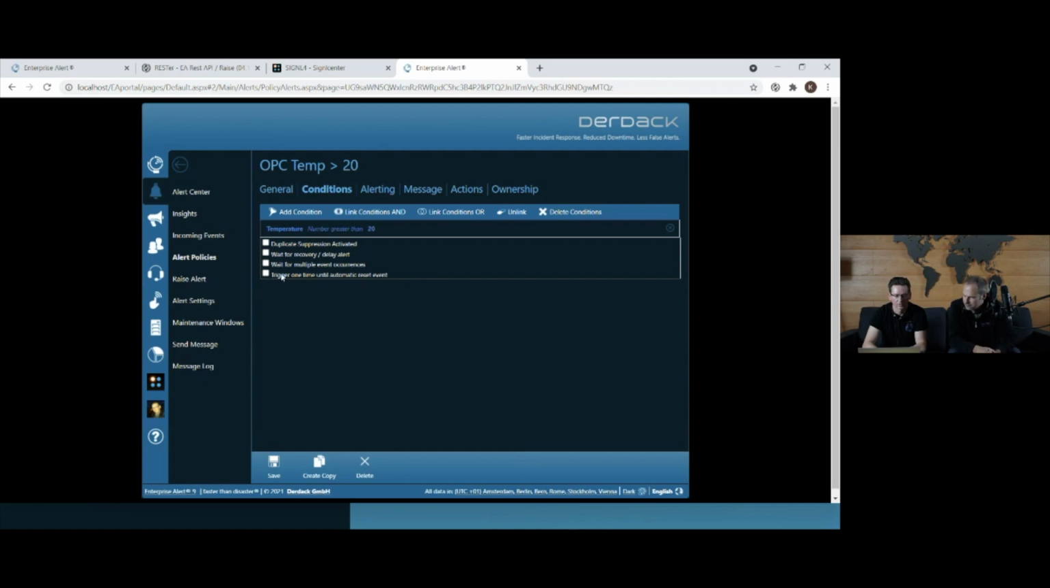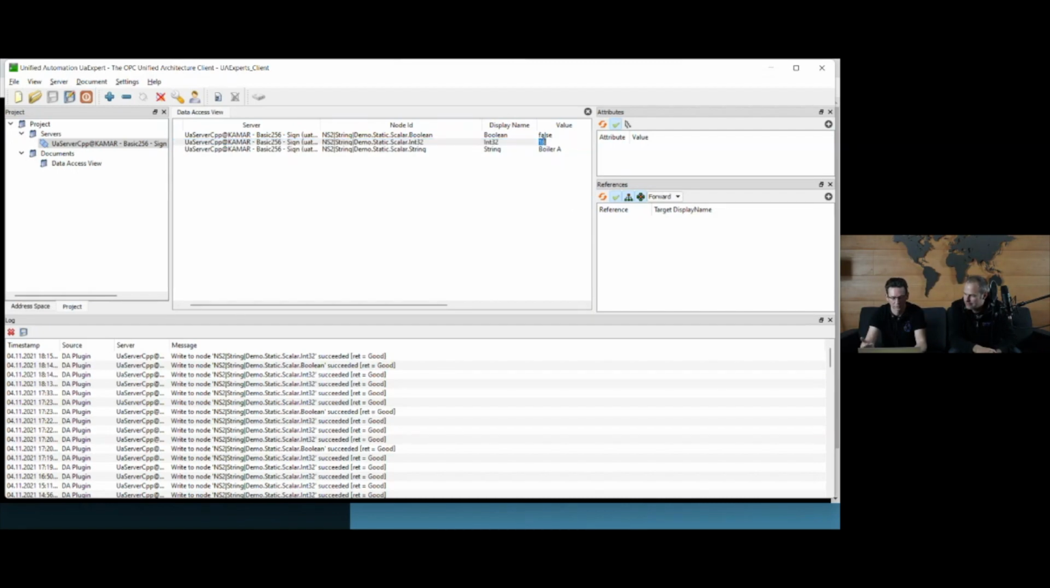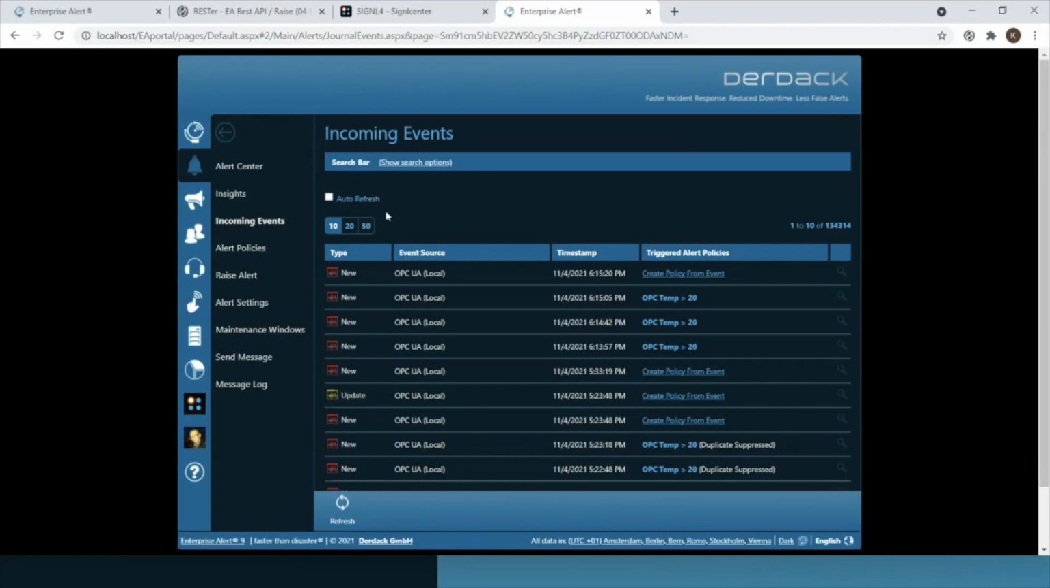Here, trigger one time until automatic reset event. So that's a fancy name, but it's the toggle that we talked about for that new property, for that new functionality on the bottom of that page. And when I now enable this new option, then the triggering of the policy is different. Now I change the temperature to 21. And we should get